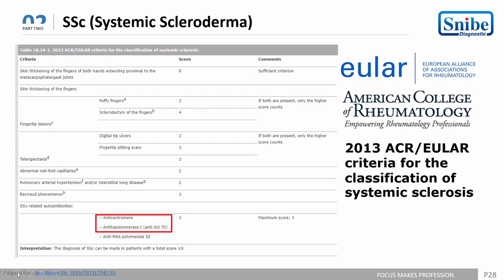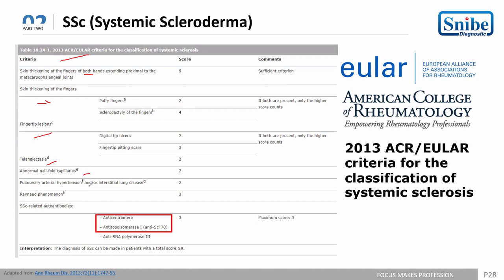So let's talk about systemic scleroderma. Basically, according to the American College of Rheumatology, the 2013 ACR and EULAR criteria are for the classification of systemic sclerosis. This is the form used to rule out or classify systemic sclerosis. Thickening of the fingers of both hands scores 9. They also have skin thickening of the fingers and fingertip lesions,